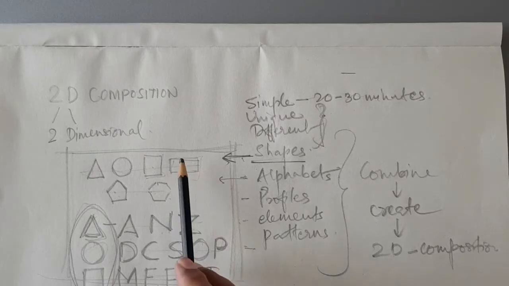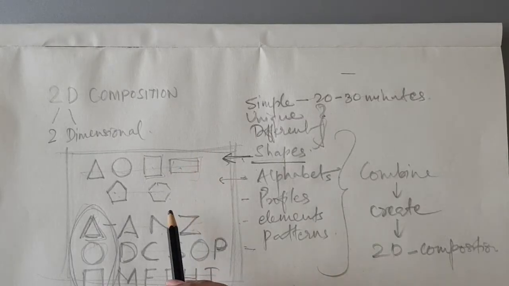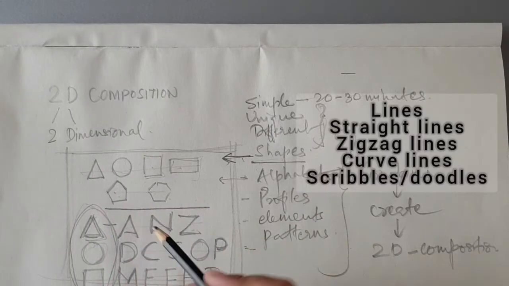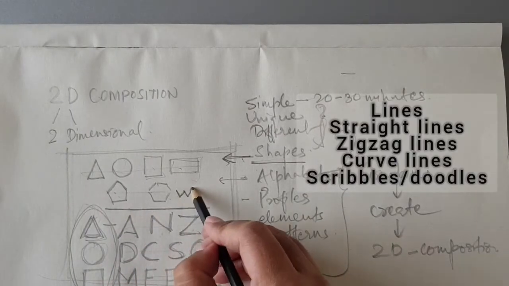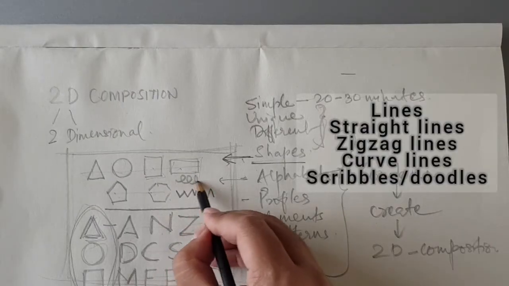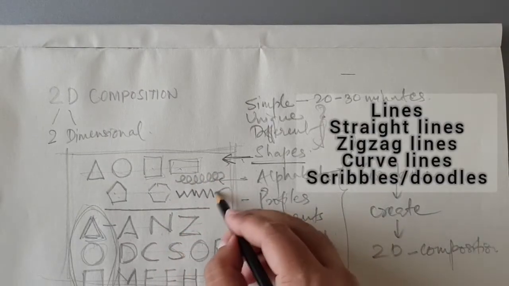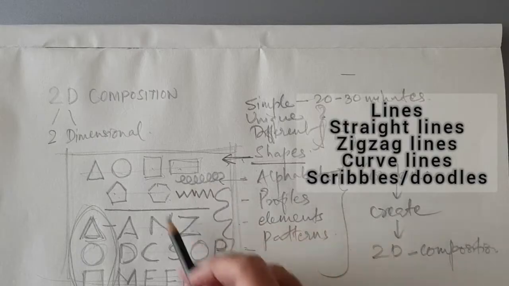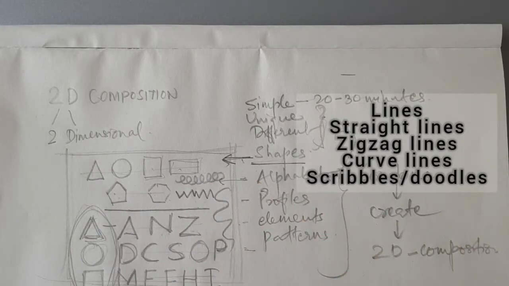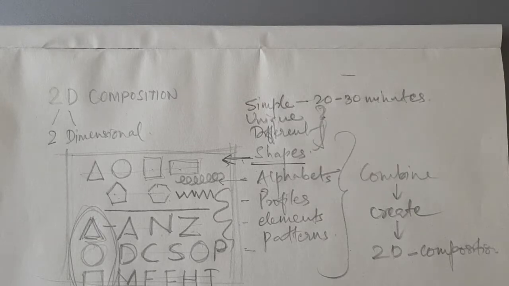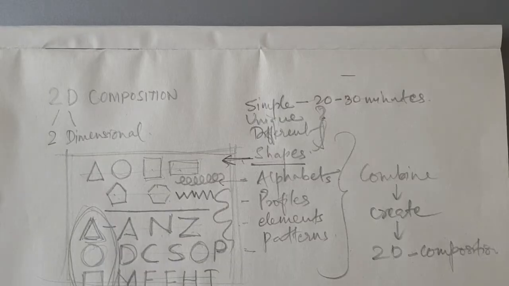And a very important thing which I missed telling you about is lines. You can also use lines. You have different types of lines: straight lines, zigzag lines, scribbling lines, and wavy lines. All these lines are also very essential when you talk about composition. Okay, so we'll start with the next stage. Once we have understood this stage, we have to start making the composition practically using lines, and then we'll go for shapes, and then we'll go to alphabets.